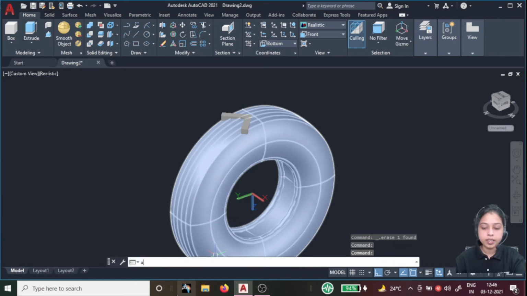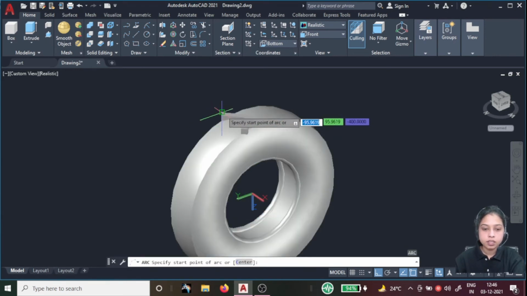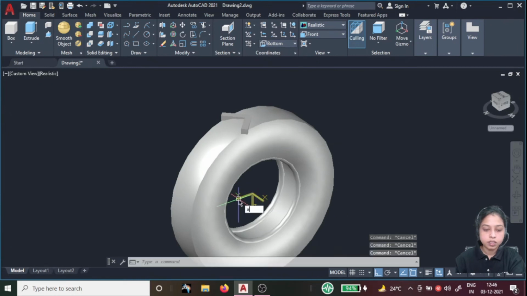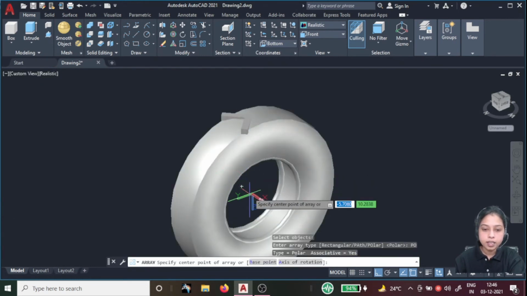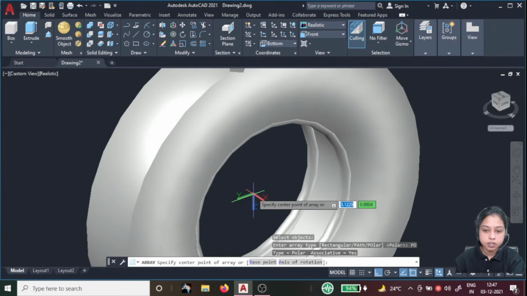Again for the array, A, enter. AR, array, enter, select this object, enter, specify the polar array and select the center, 0, 0.